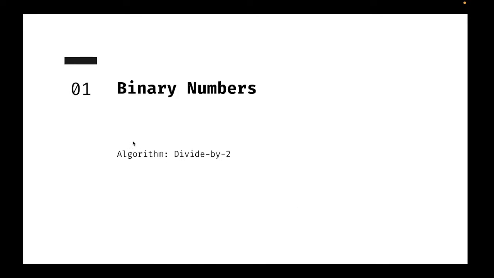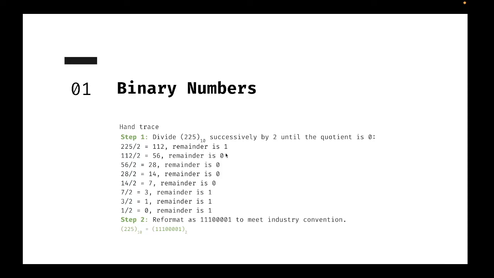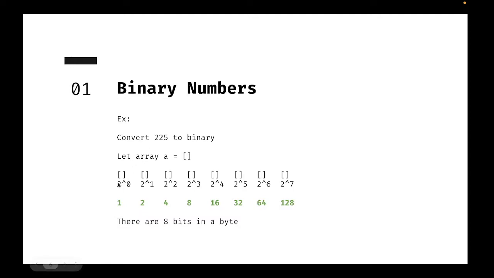So if I have to convert the number 225 to binary, a proper algorithm that I'll ask you to use is divide by 2. Now you're thinking, why would I want to divide by 2 or use this algorithm? Well, the way this works is that if I put a 1 here, then I turn on this bit, and then I have a 1 here. So the value will be 1, and I can turn them on or off to create a sum that is equal to 225. Now, you may try and rework this, but it may take you some guesswork and may not be as efficient or as fast.